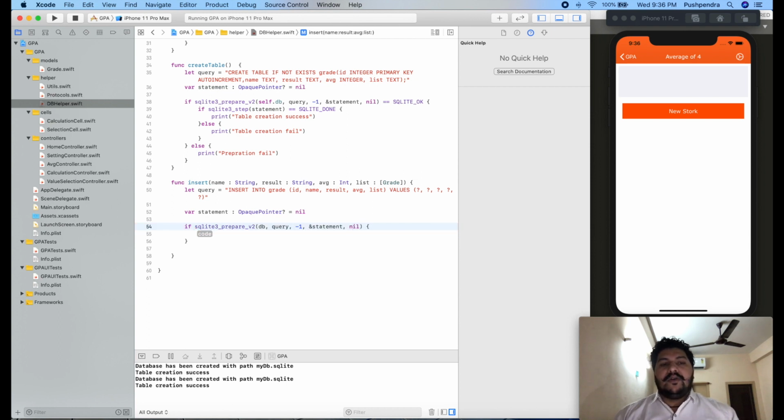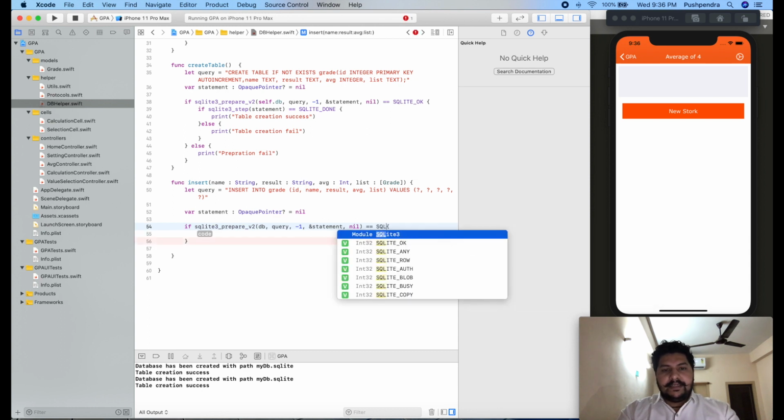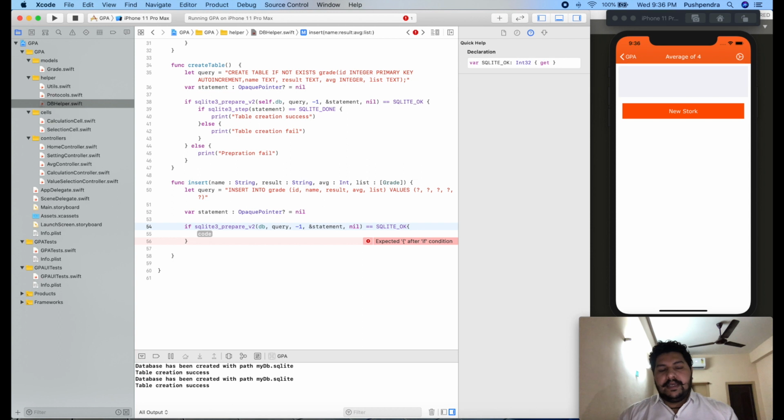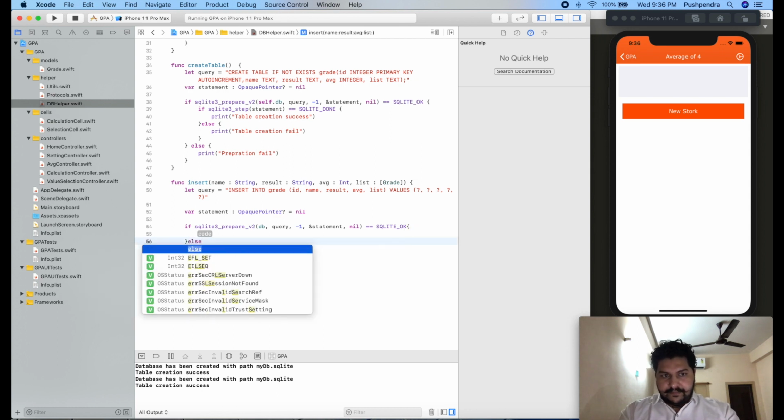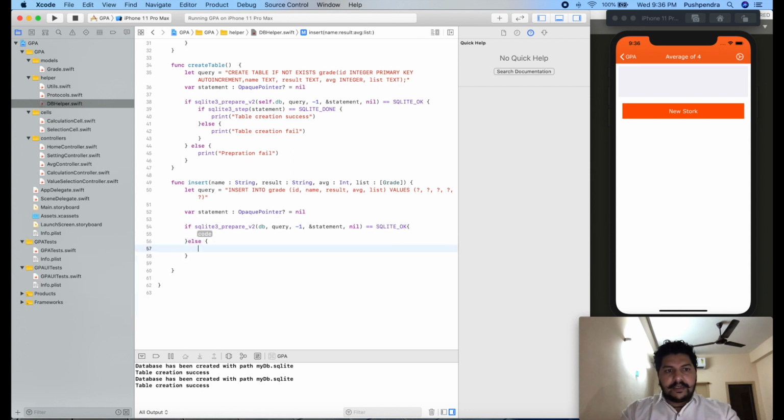So it will return you the statement. Now you have to check whether it is SQLITE_OK or not. If the query is fine, then your compiler will go inside this if condition, otherwise your compiler will go to the else condition.